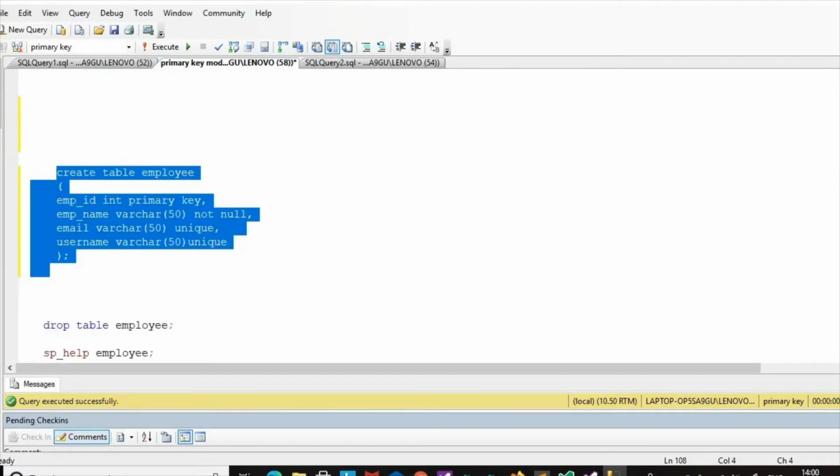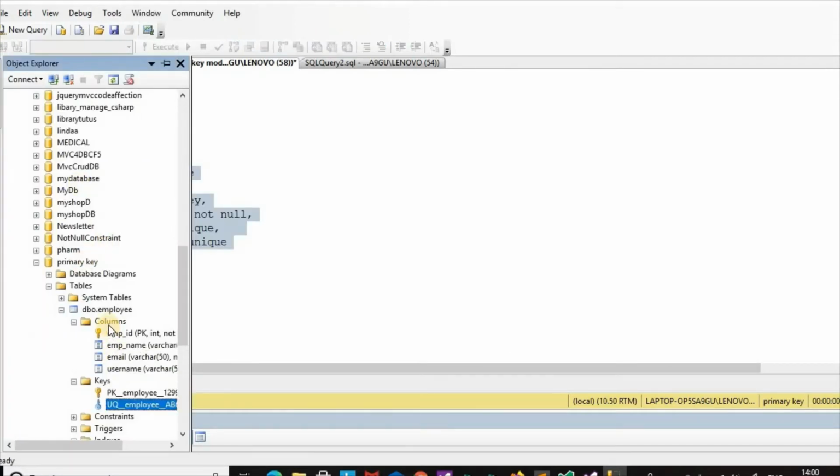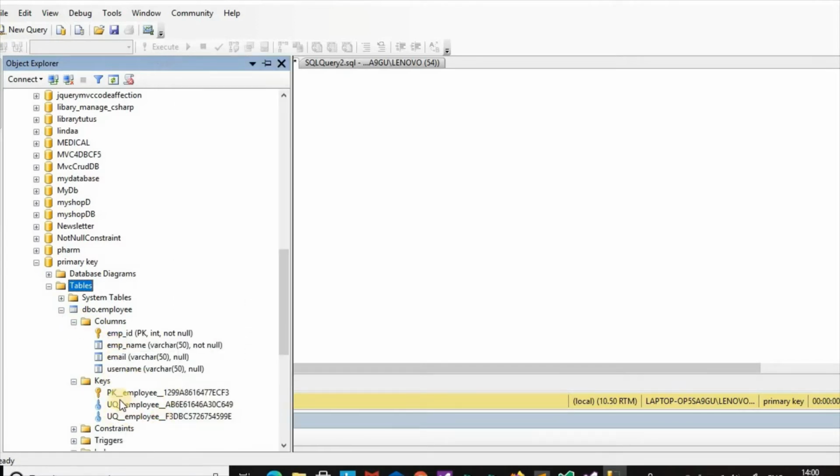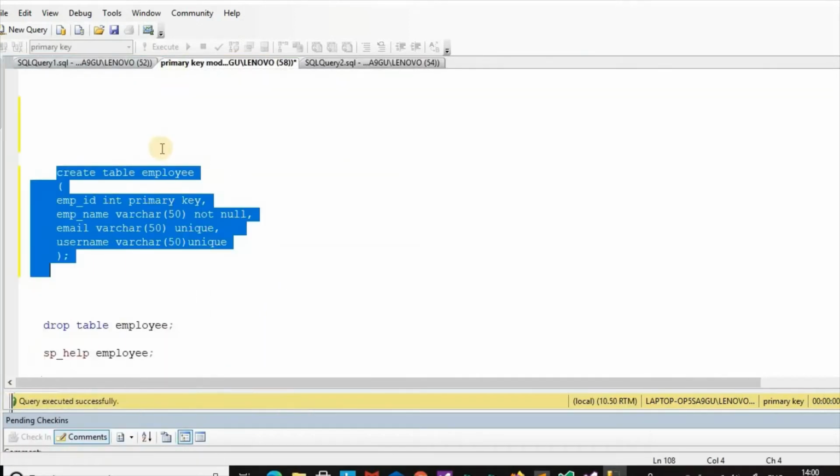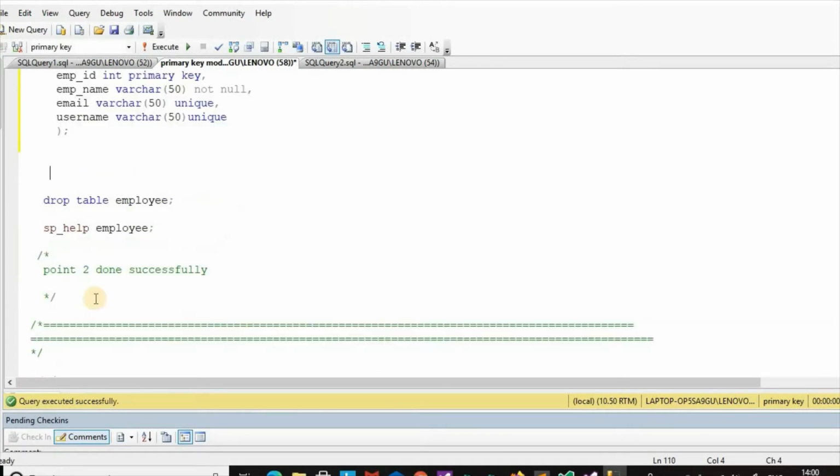We can see here one primary key, two unique keys. So more than one unique key can be present in a table.